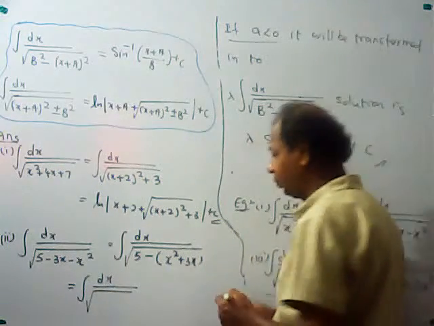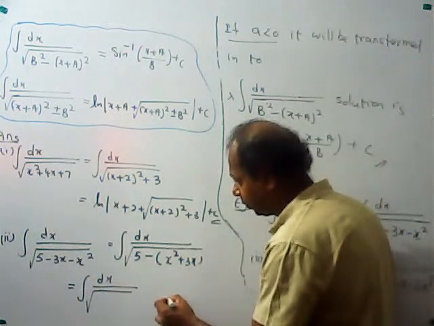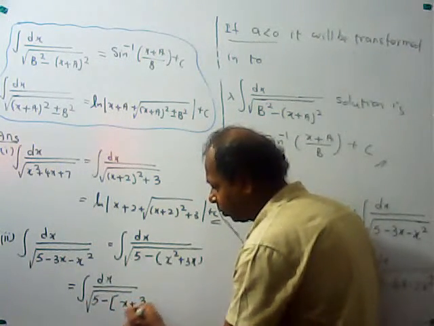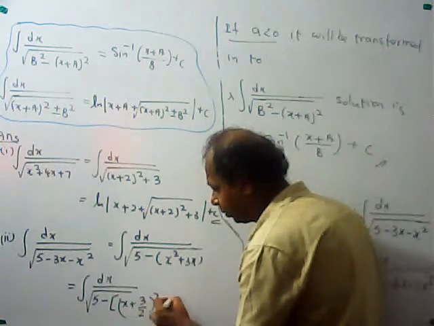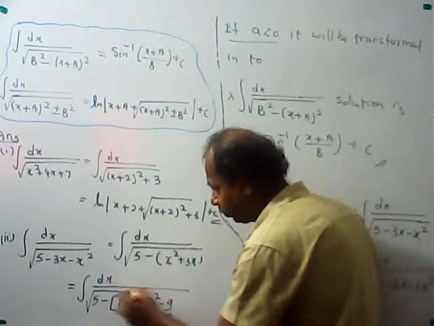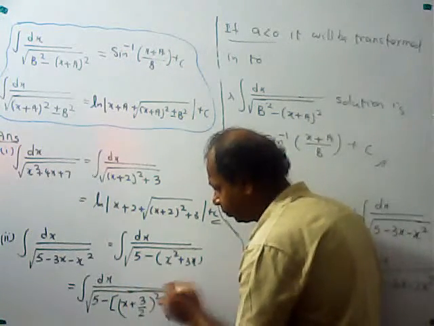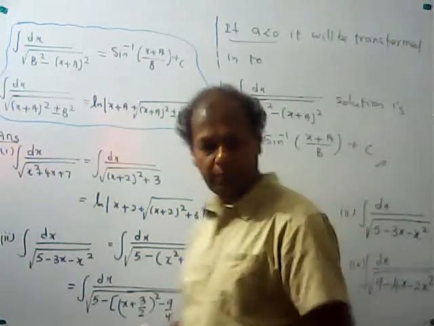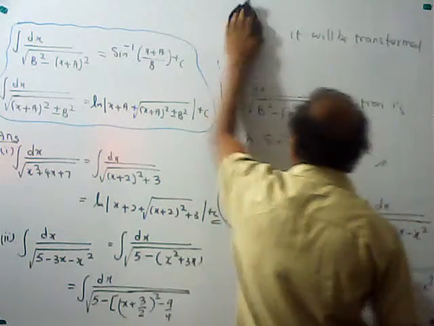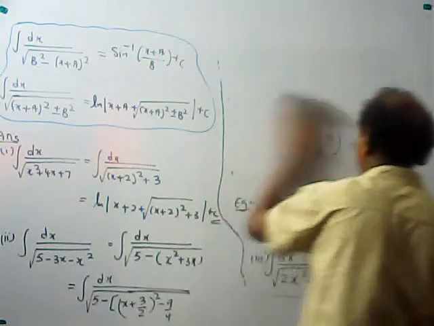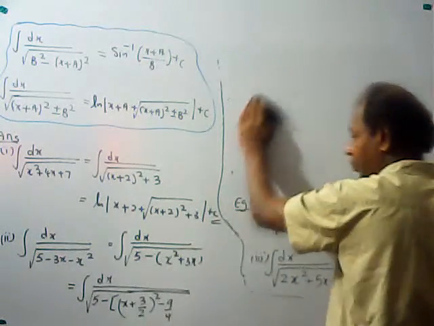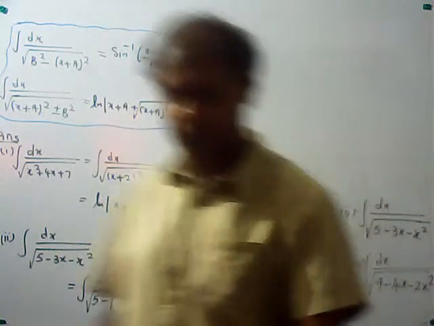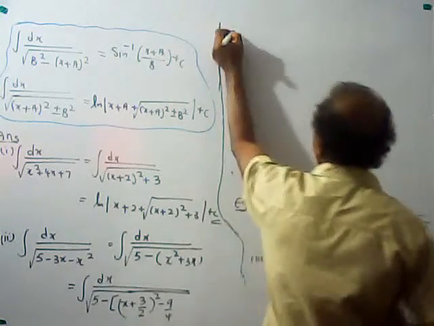That will give 5 minus ((x plus 3 over 2) squared minus 9 over 4), which is under the square root. Simplifying, you get